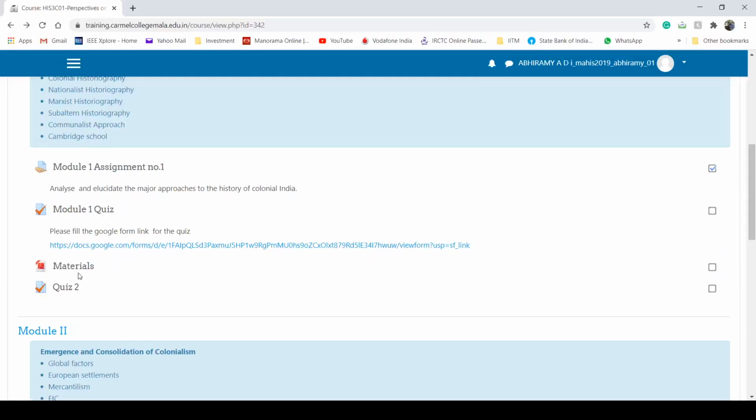And if the teacher gave any materials for this module, we can see them in the materials. If the teacher uploads the materials, you can get them easily from here. There is one PDF shown here.